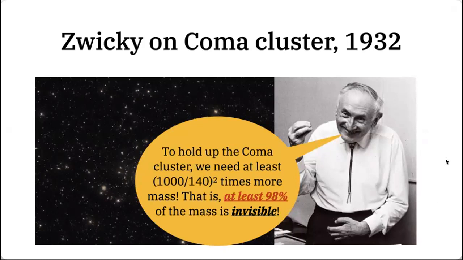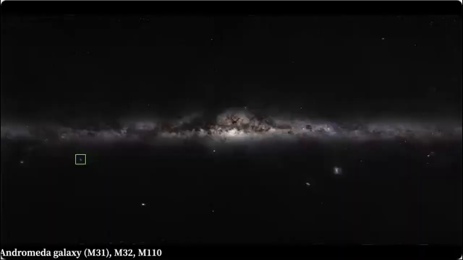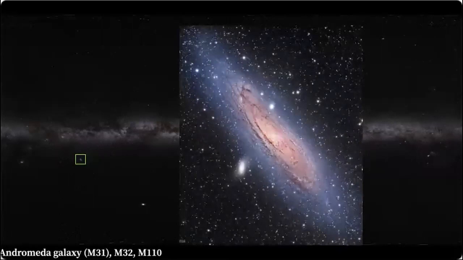But that discovery was largely ignored for about 30 or 40 years, mainly because of some personal characteristics of Zwicky. Later, in the 70s, Vera Rubin made a discovery. This is an optical image, again in the galactic plane, and I'm highlighting this dot here. That's the location of the Andromeda galaxy, which looks like this. It is a very nearby galaxy, about 1 megaparsec away.